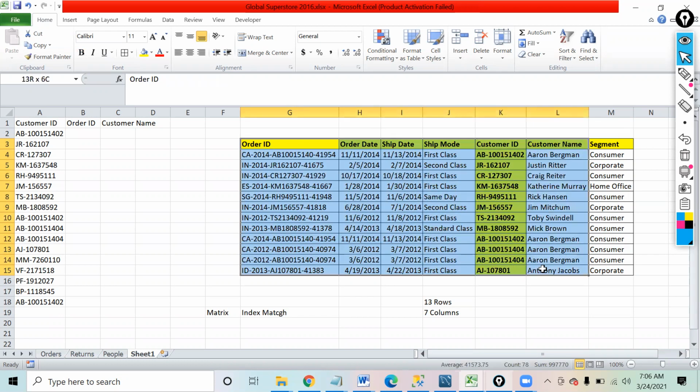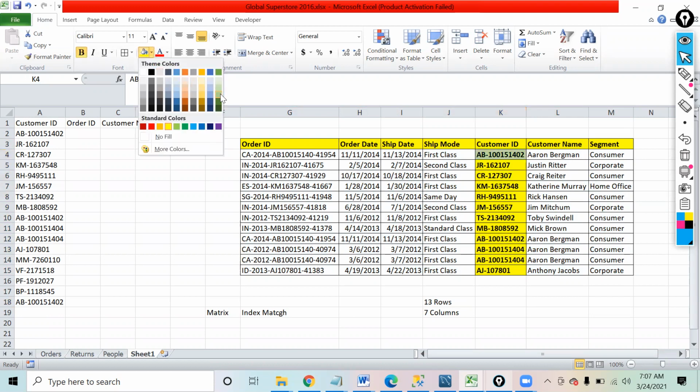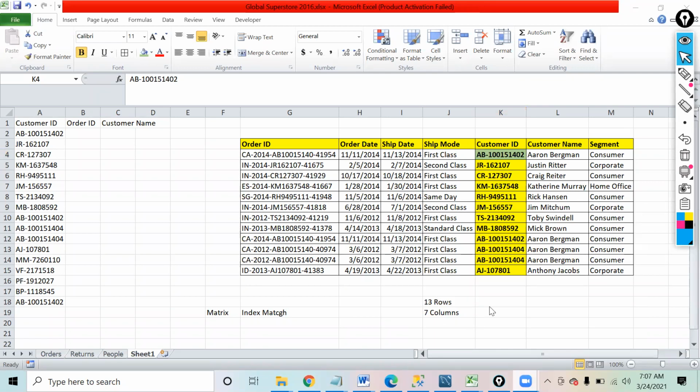Now in this matrix, which row number do you need to go to? If I'm talking about this particular customer ID, row number 2, and what is the column number?